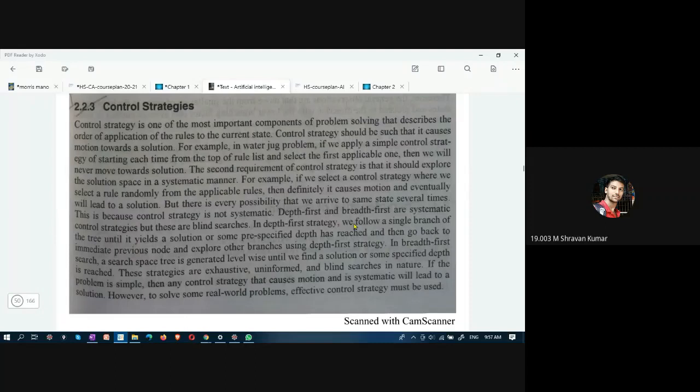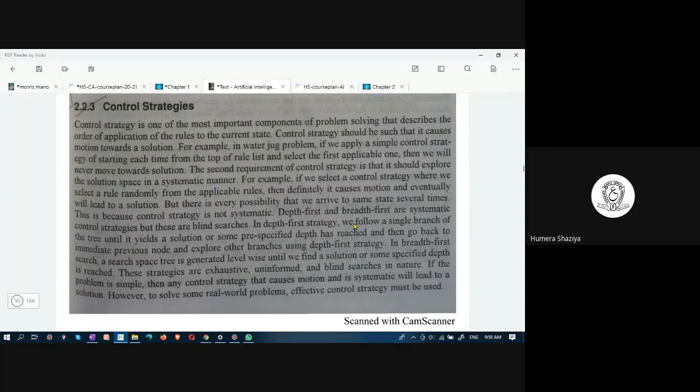Like yesterday, we have seen the problem of cannibals and missionaries. In that, we are not taking L1 directly. We are starting from L2. So we are specifying the control where it should move to get the appropriate solution. So like that. So, what is the term used for all this? Control.